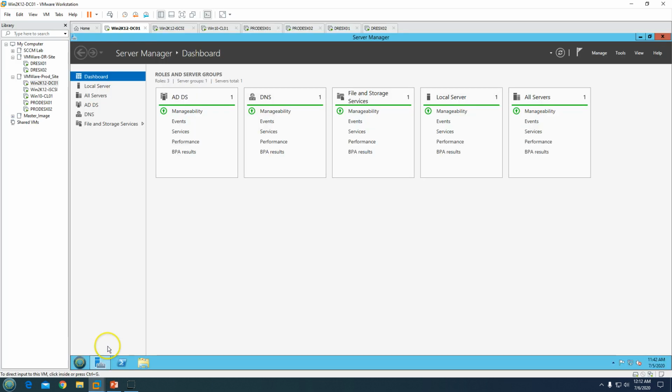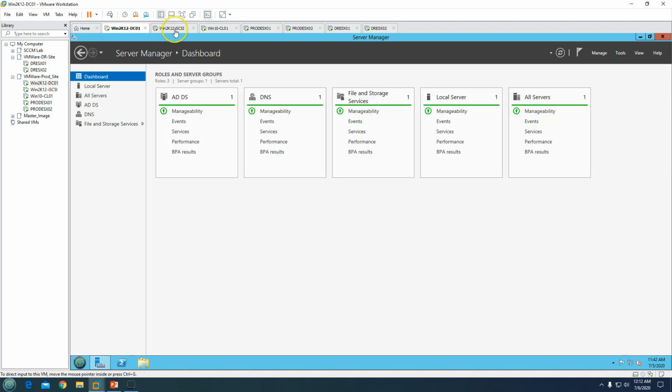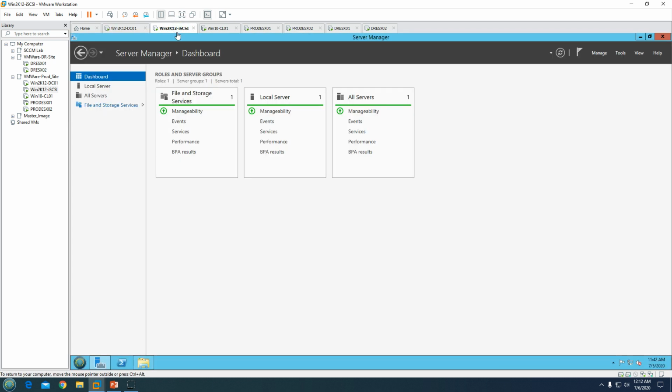Basically I'm running on VMware Workstation. The first machine is the Active Directory and DNS server, which is Win2K12 DC01. This is some kind of prerequisite when you configure SRM for complete automation. The second machine is a storage server.